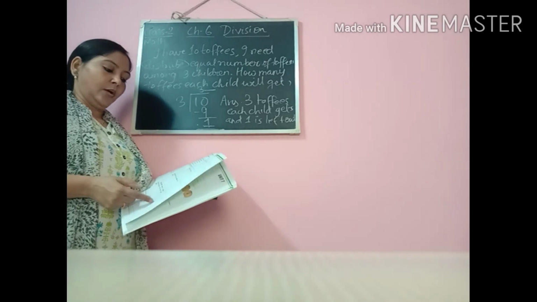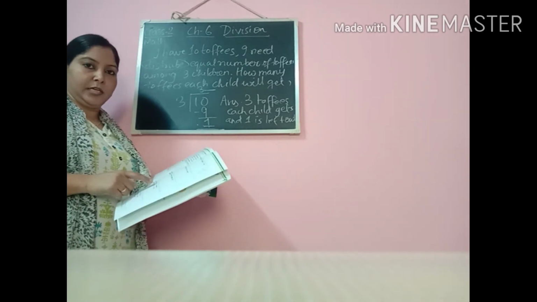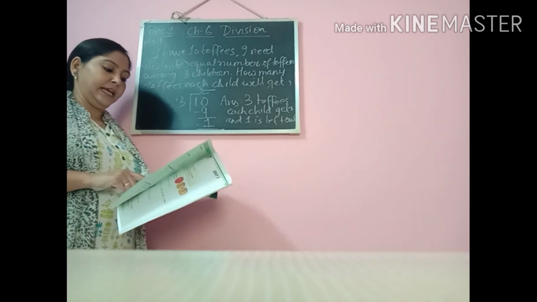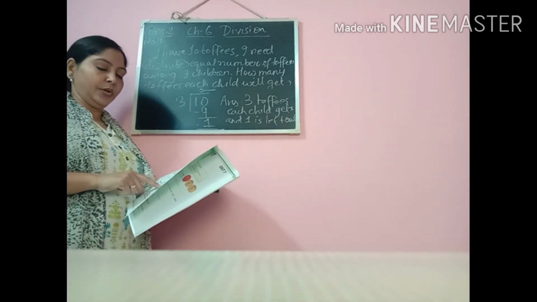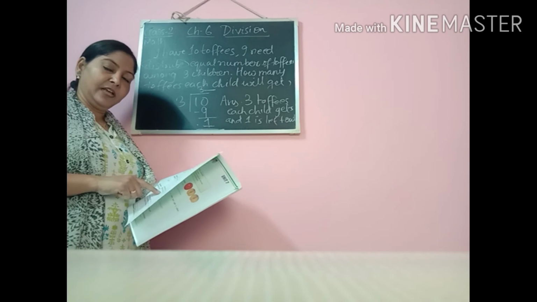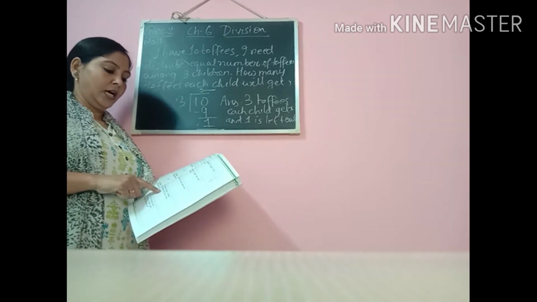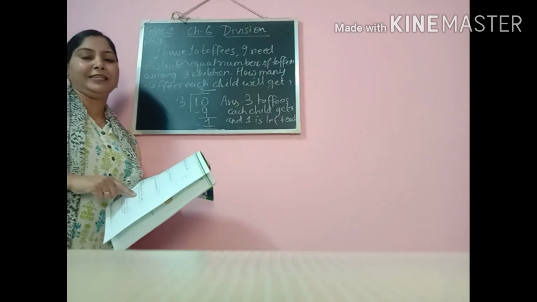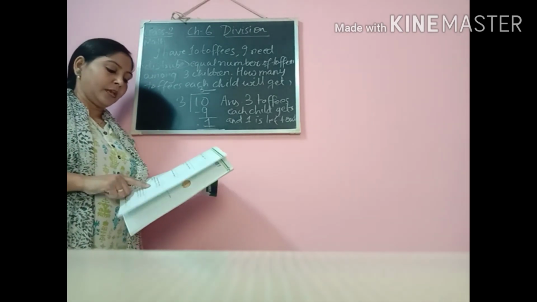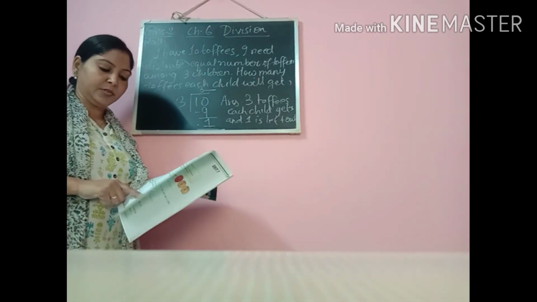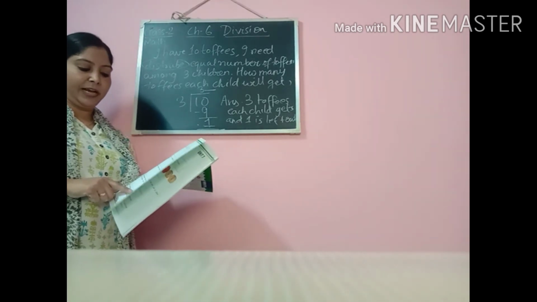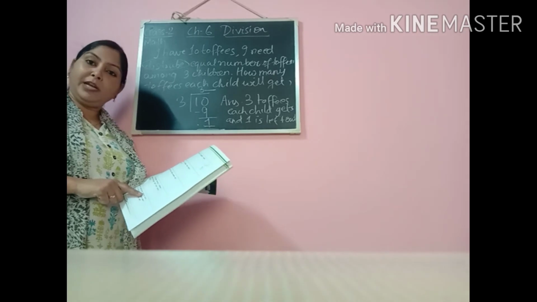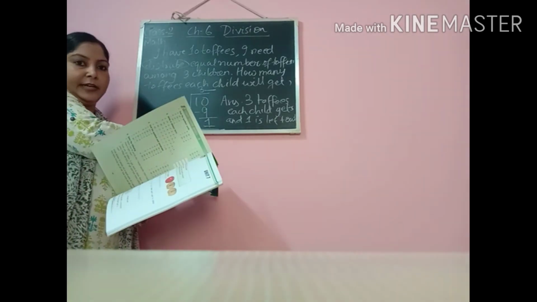Now there are 7 days in a week. In 1 week there are 7 days, right? How many weeks are there in 42 days? So you are going to divide 42 by 7 and you will see that in 42 days we get 6 weeks. 6 weeks equals 42 days. 67 apples were equally distributed among 5 children. How many apples did each child get and how many apples were left over? So like this kind of question.